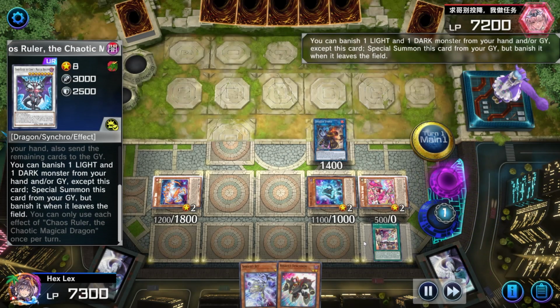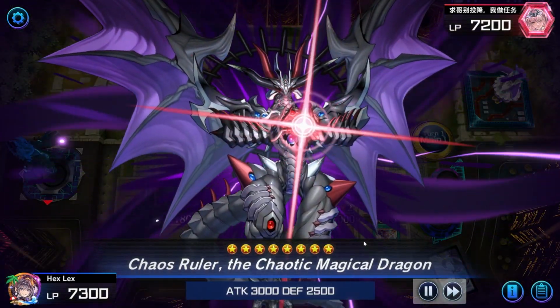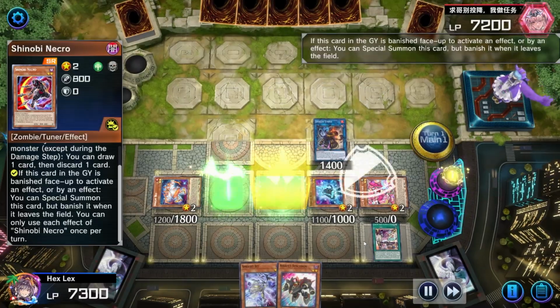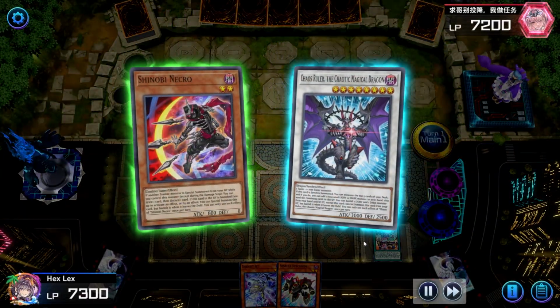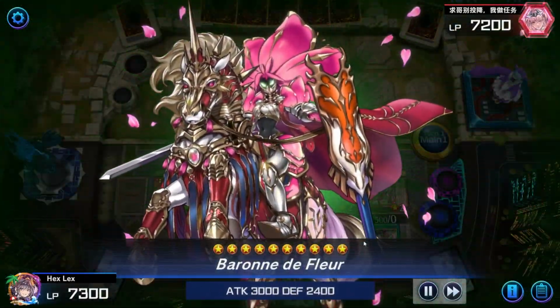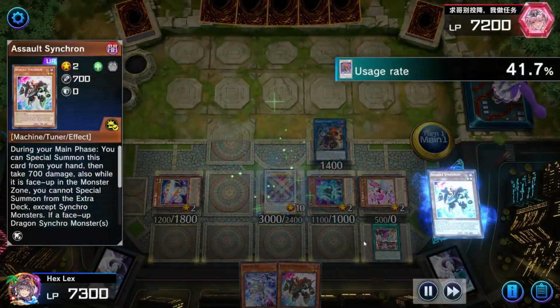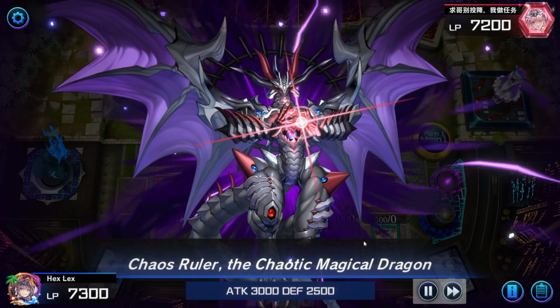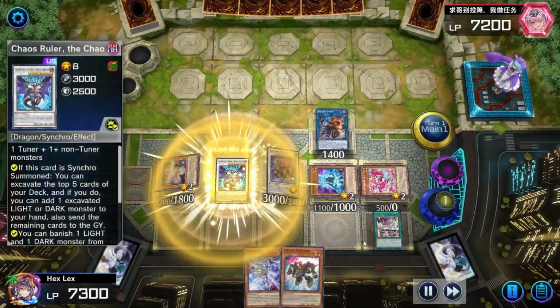Chaos Ruler gets to summon itself back by banishing the Cupid Pitch and Shinobi Necro, which will, of course, in turn, also put the Shinobi Necro back on the board, allowing me to sync for 10 and adding the Baronne to our end board there. Now, because I have Assault Synchron in the graveyard, I also get to bring back the Chaos Ruler, and without a whole lot else to really do with it here, I'm just going to go ahead and use it to make the